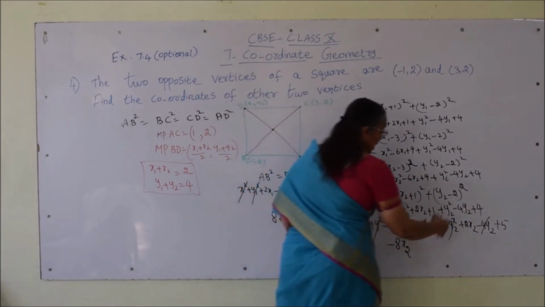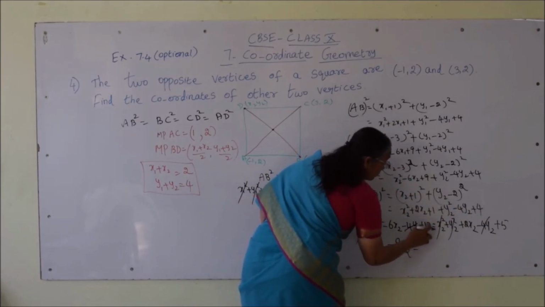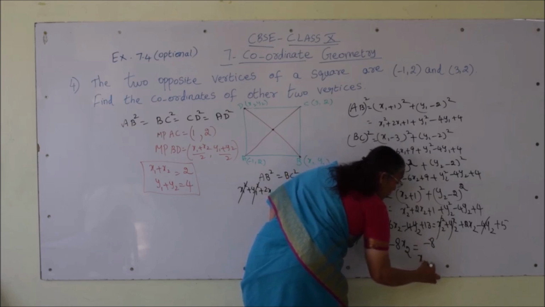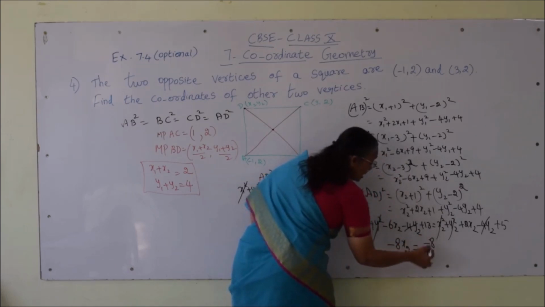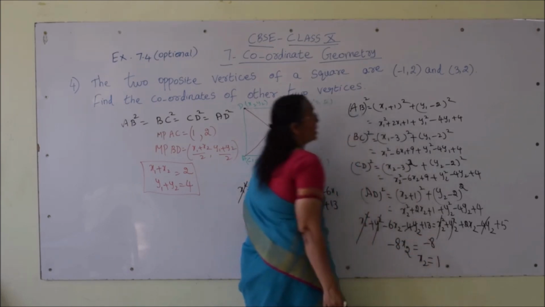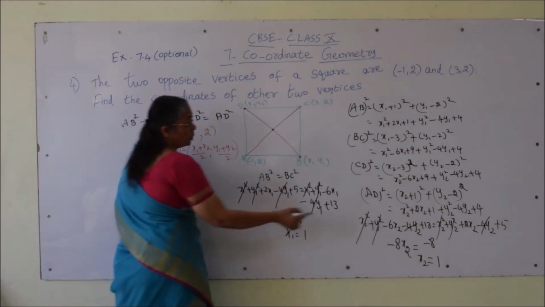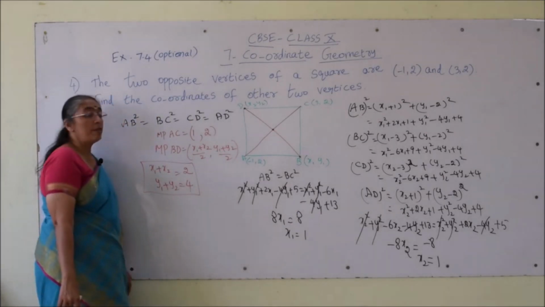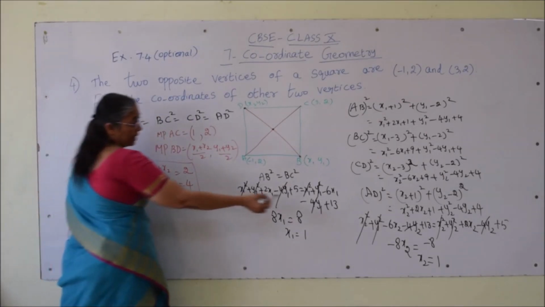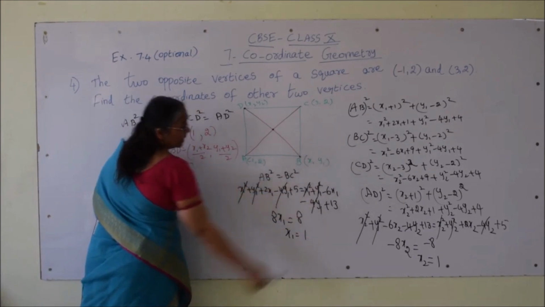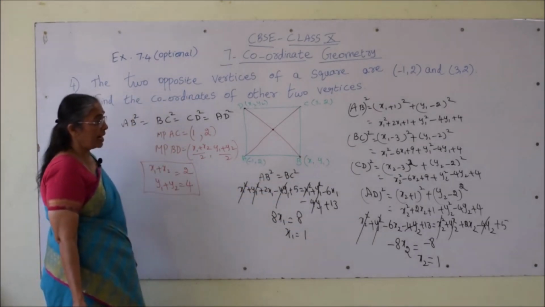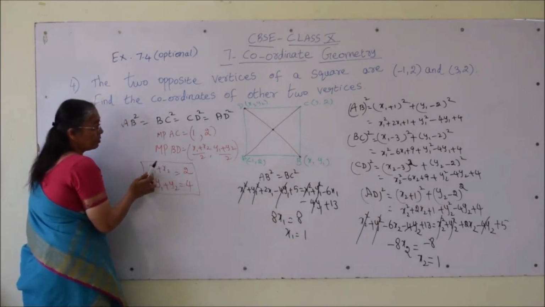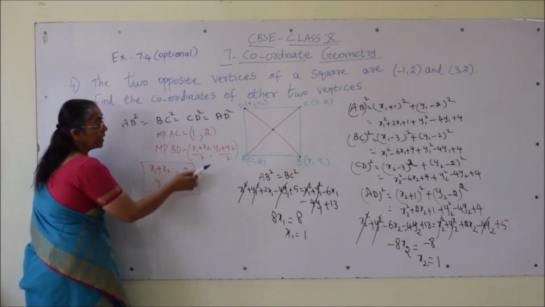So, we can take minus 13 to that side, 5 minus 13 which is minus 8. So we are getting the x2 value as minus 8 by minus 8, which is 1. So x1 value is 1, x2 value is 1. Now we have to find the values of y1 and y2. We got the x2 value 1 by equating CD square and AD square. We can even find the x2 value by substituting the given x1 value here: 1 plus x2 is equal to 2, and we will get the x2 value.